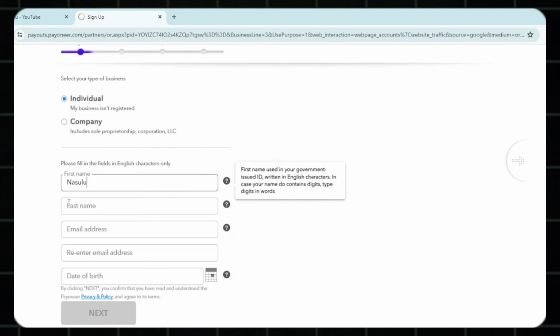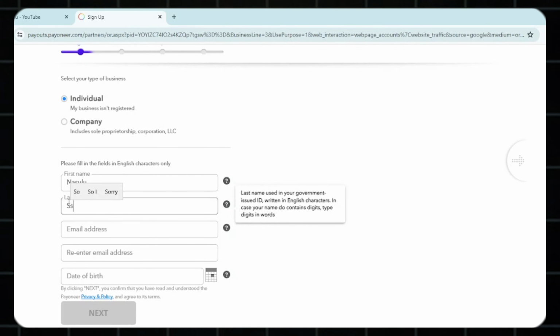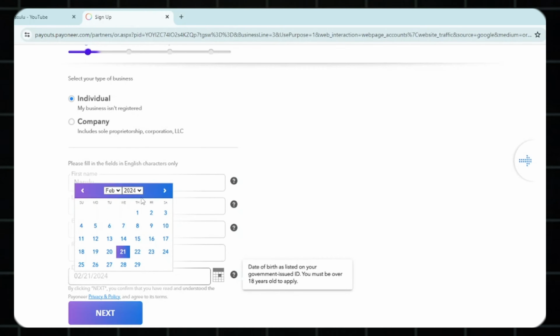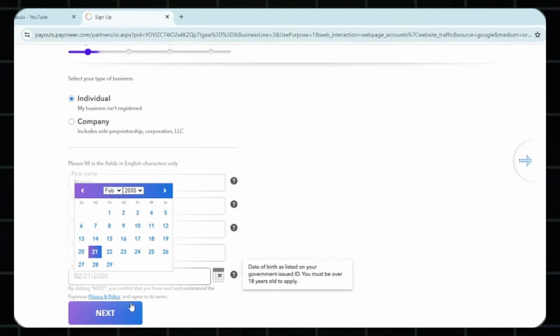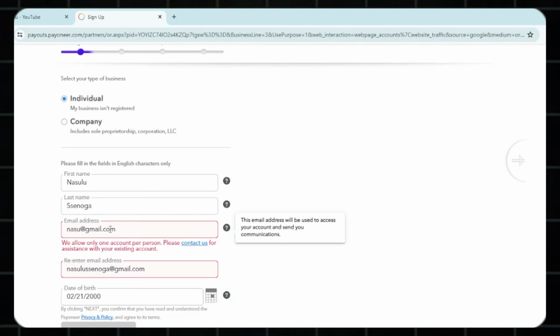Once you finish entering your last name, let us first put in the date of birth and fill in that information right there. So we have the date of birth, and make sure that it matches the government issued document, and then click next. You'll be taken to another page where you're supposed to enter your email